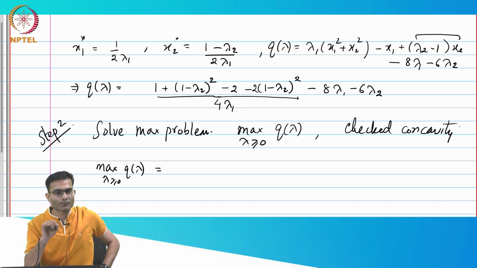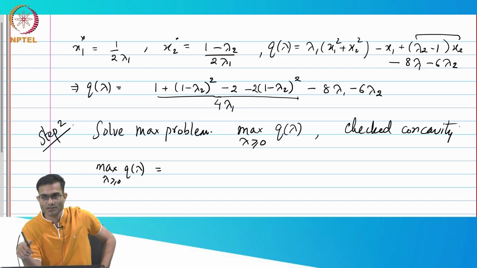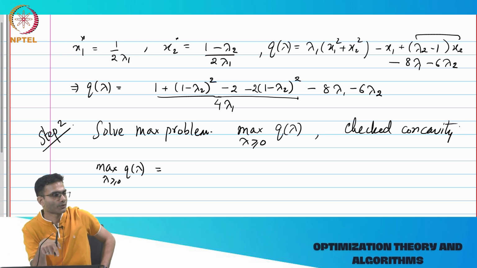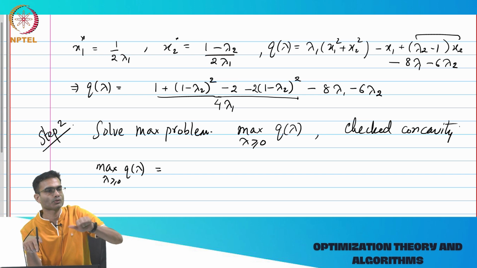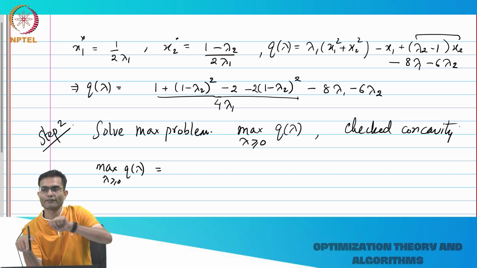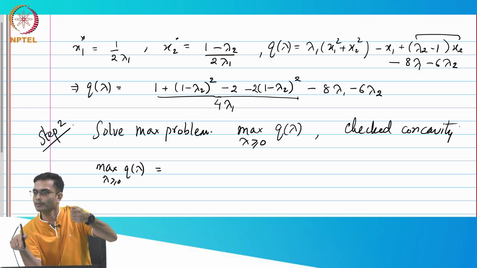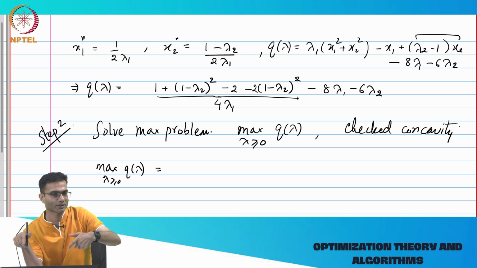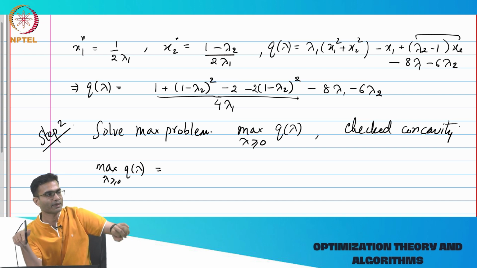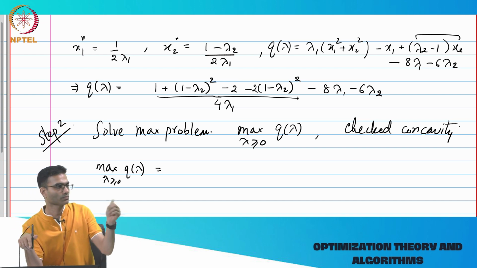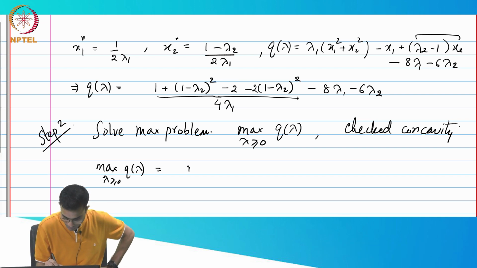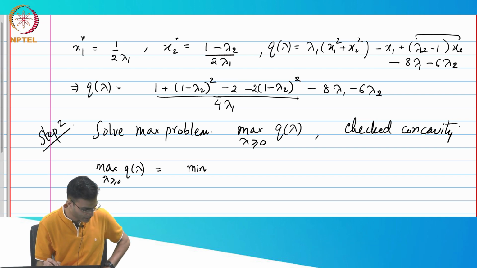So I've done a little bit of algebra to speed this process along. There are a whole bunch of minus signs that you can see in the definition of Q of lambda. So I'm going to pull those minus signs out. If I pull a minus sign outside, what happens to maximization? It becomes a minimization, right? So I'm going to skip a few steps of algebra just in the interest of time and remove that minus sign, which flips the max to min. Okay, so that's all I've done. So I'm going to write the final expression that I get. So minimum